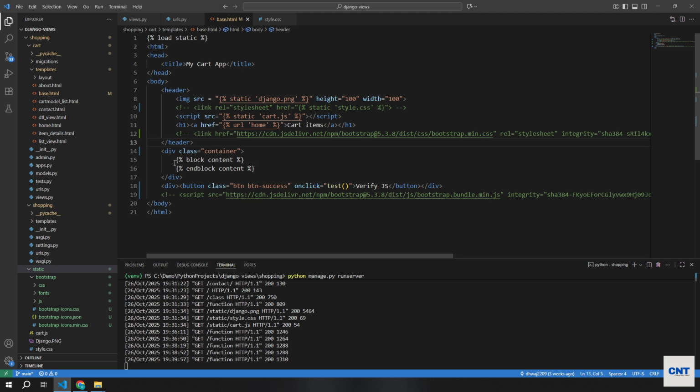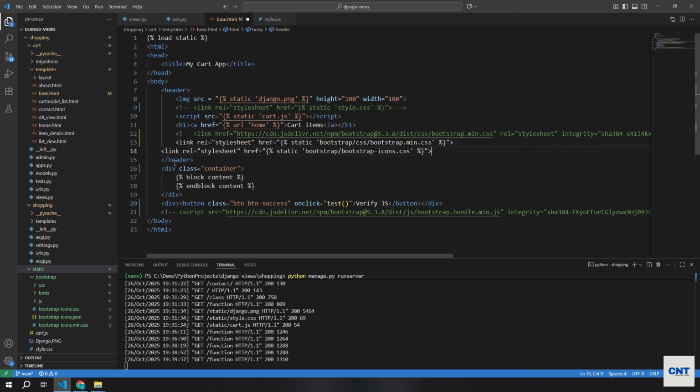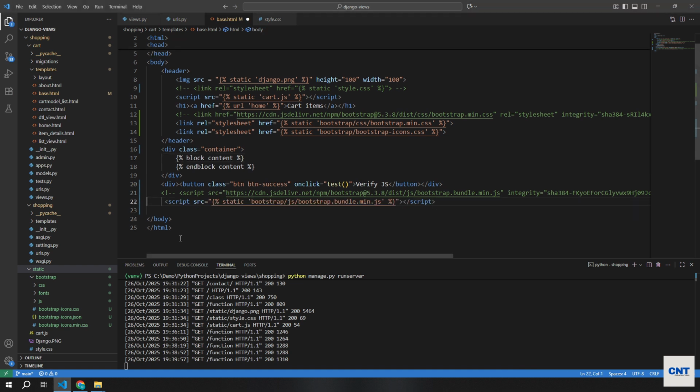We have a static folder. Inside static, we have the Bootstrap folder, then we have css, then bootstrap.min.css. Similarly, we have icon.css as well in the same directory. All right, I have saved the file. One more link I have to copy, that is for JavaScript, that is bootstrap.bundle.min.js. Save the file